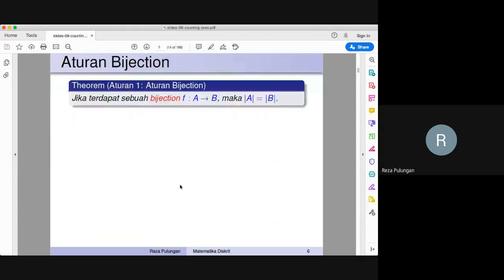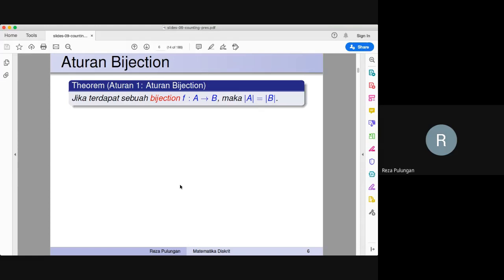Okay, let's continue. This is the main idea, the main technique. We talk about the bijection rule, the first rule that we're going to see. What is the bijection rule? It is easy. A bijection is a function from A to B. A bijection is a one-to-one correspondence.